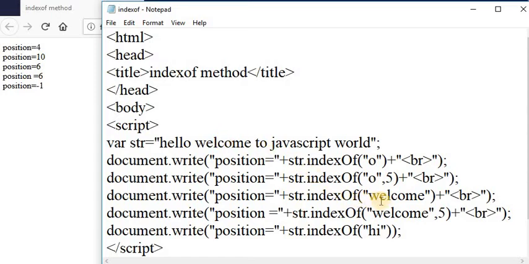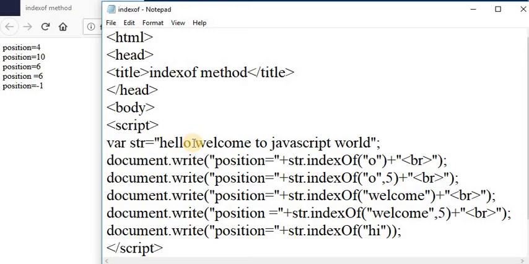Next is welcome. Welcome is a string which is present at the sixth position: 0, 1, 2, 3, 4, 5, 6. Then again welcome, 5. 5 is the index value from which it starts to find welcome, so 0, 1, 2, 3, 4, fifth.